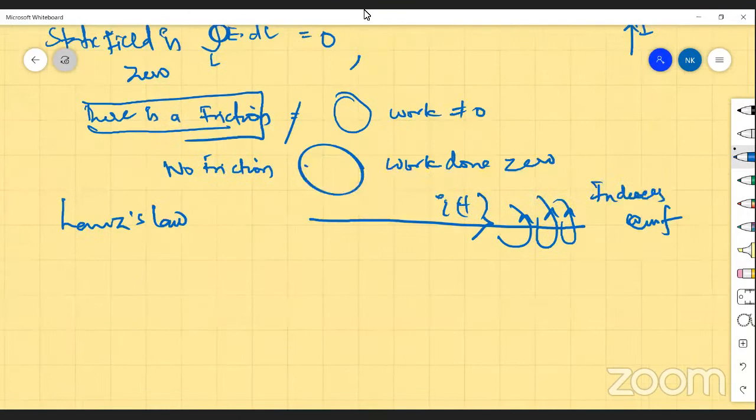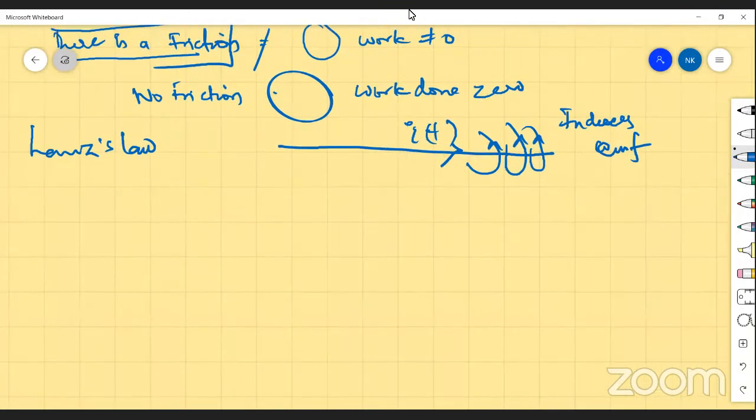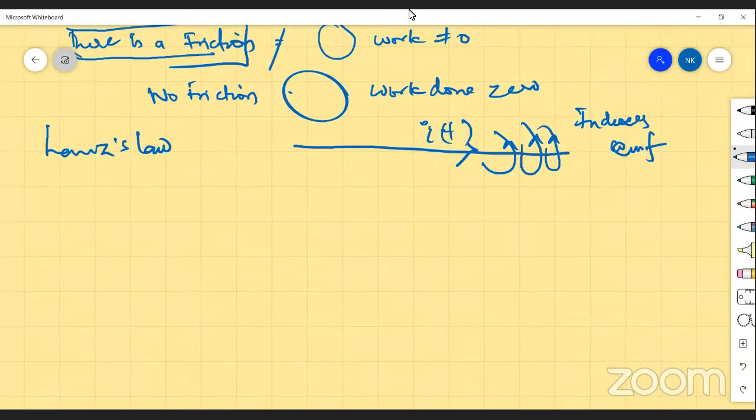Very important here: this magnetic field induces EMF in such a way that the produced